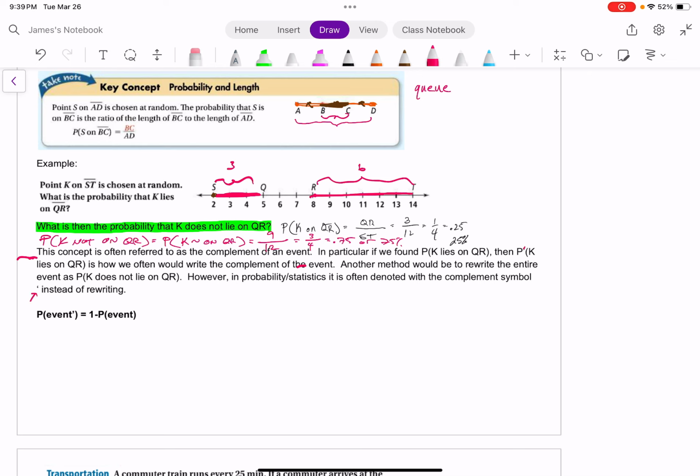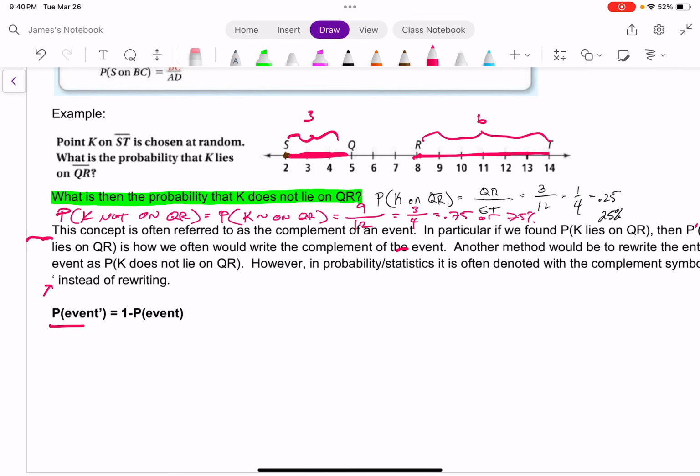It's an apostrophe, but it's a prime notation. And I've got it written here, okay? The probability of an event, and when I have that apostrophe, it's the complement. So let's go back to just something real